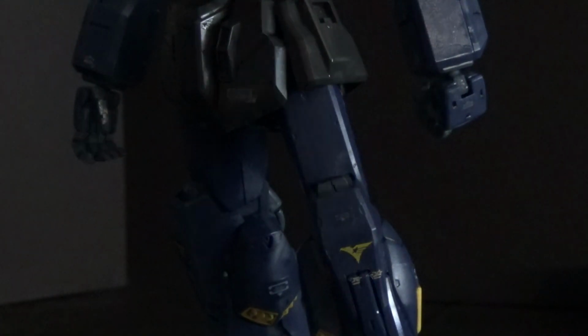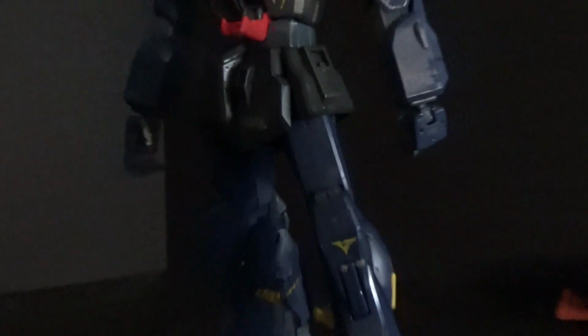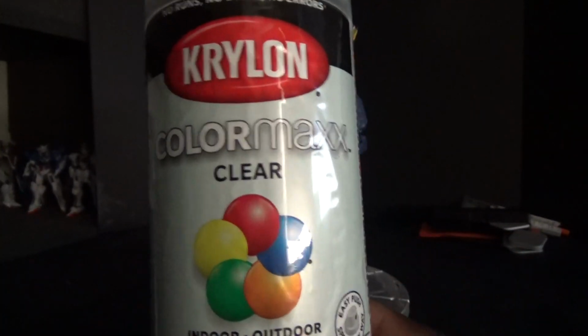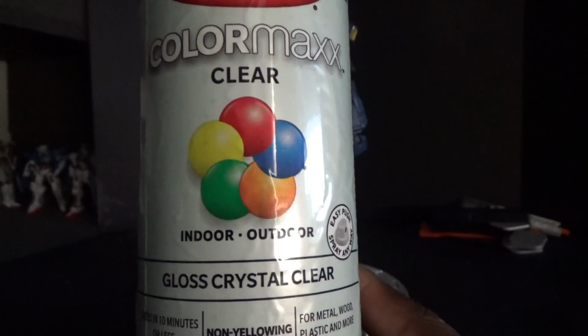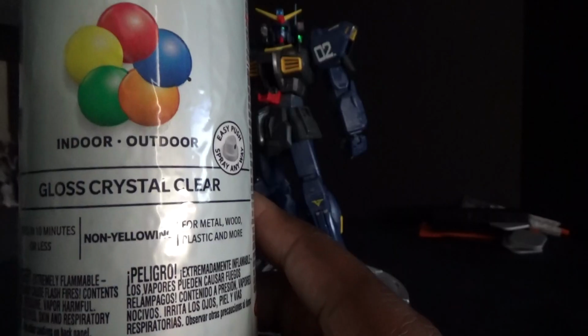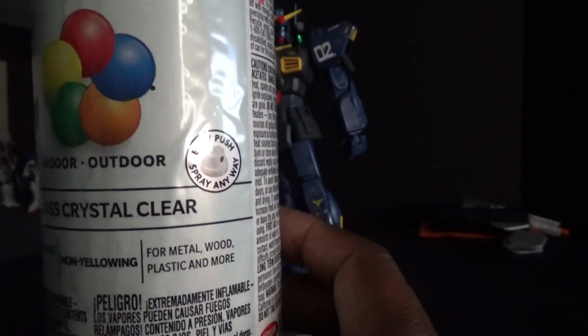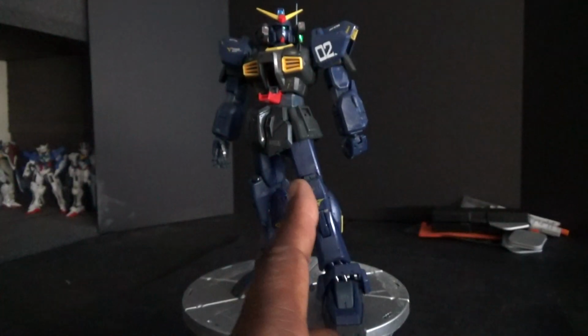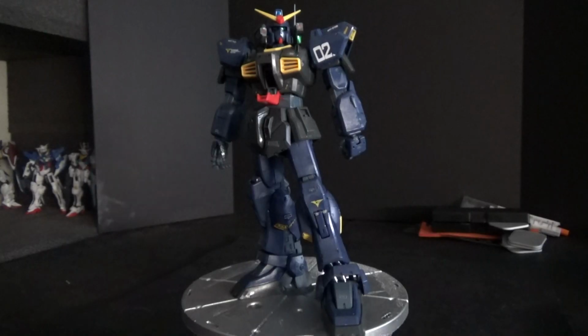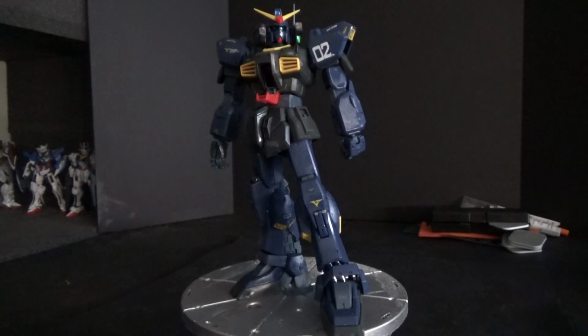So I used this right here. It's a Color Max Clear. It's an indoor outdoor gloss crystal clear. So that's what I use on this Gundam. I don't like it, because I see like a glare on the paint, and I don't know if